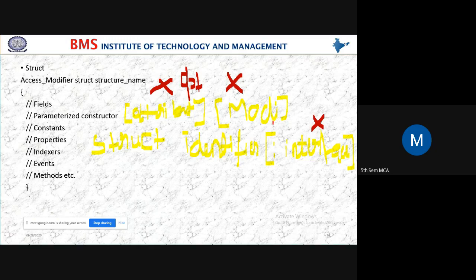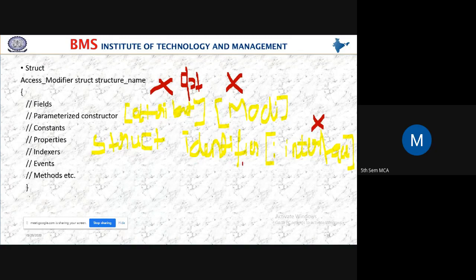Yes, students, I told this before also, no? Whatever we mention within the square brackets in the syntax, those are optional. Here I have attribute, modifier. The struct keyword I have not mentioned in square brackets.